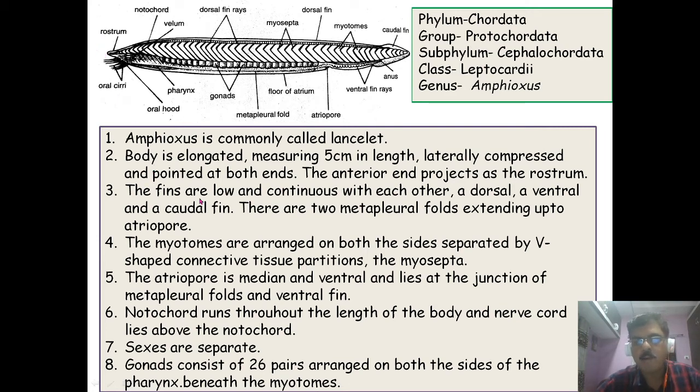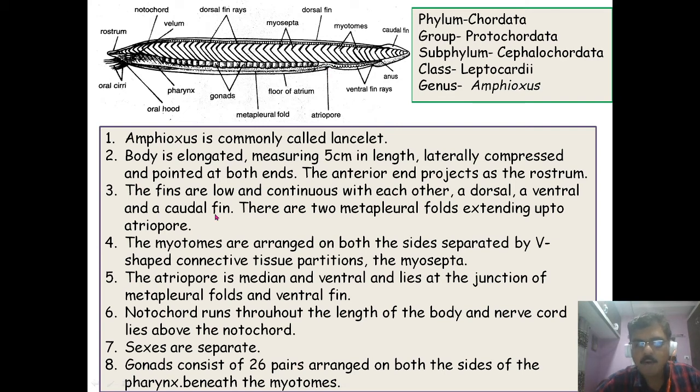The fins are low and continuous with each other: a dorsal fin, a ventral fin and a caudal fin. You can observe the dorsal fin rays, and this dorsal fin is supported by the dorsal fin rays. On the ventral side is the ventral fin, and terminally it is the caudal fin. Means the dorsal fin, the caudal fin and the ventral fin are present. There are 2 metapleural folds extending up to the atriopore. These are the metapleural folds, 2 in number, which run up to the